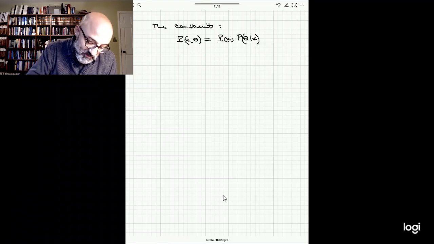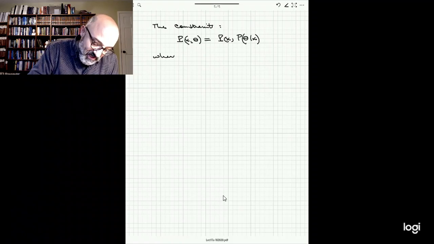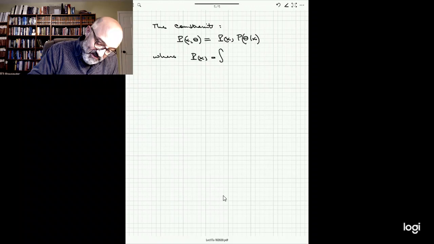Now, what we know is that of all the possible probability distributions for x, which is what we would get when we marginalize,